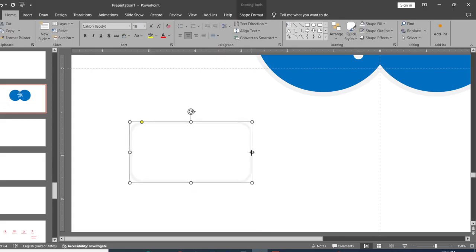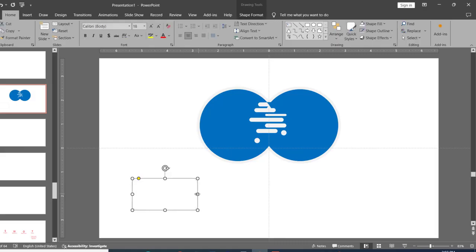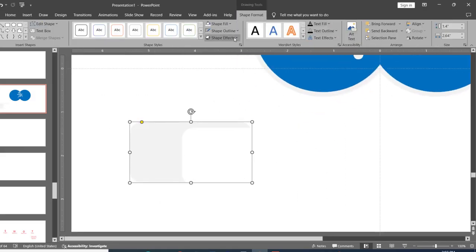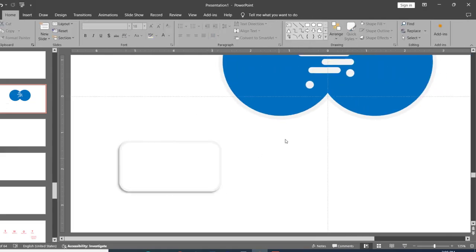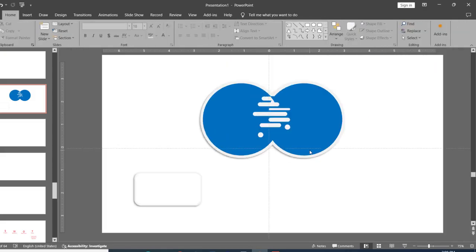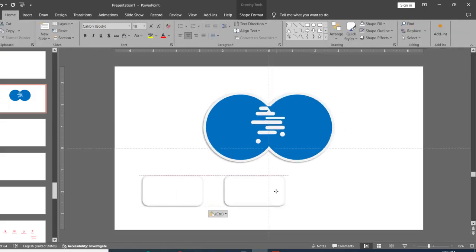and shadow. Okay, and yeah, click and shadow. Okay, and group and copy and reset